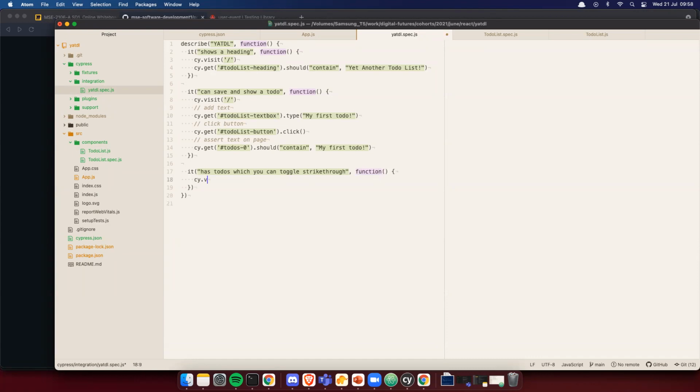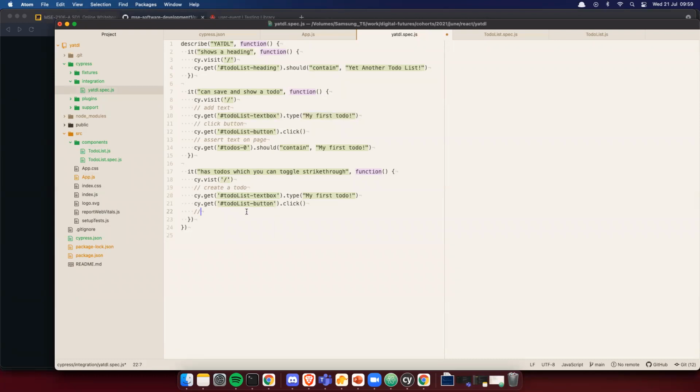Let's say something like, as before, we visit the home page. We'll do sort of the same setup. So let's make a to-do. And then I want to be able to actually target that checkbox and then make an assertion that it's got strike through. Okay, well then how does Cypress, okay, so let's think about this. What's my setup that I need? I need to create the to-do,